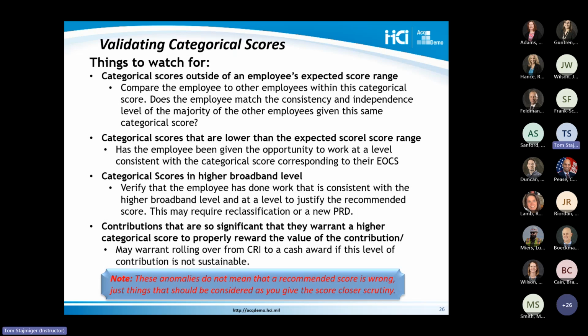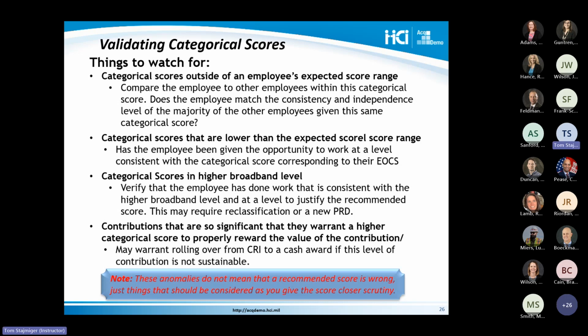The third one is probably the biggest concern of all, and that is somebody who is scored, recommended by the supervisor, in a higher broadband level than their classification. We most commonly see this with NH3s getting NH4 scores. If I'm an NH3 high, let's say my expected score is 83. This is the most common scenario I see. That's the top pay of NH3. For some reason,